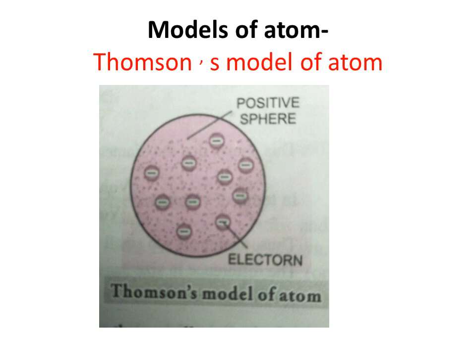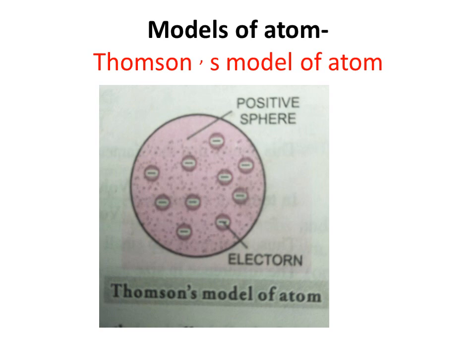Because it contains two types of particles. One is positive sphere and other is electrons. Electrons are embedded in the sea of positive charge, like seeds are embedded in the red part of the watermelon. The stability of the atom was explained as a result of the balance between the repulsive forces between the electrons and their attraction towards the center of the positive sphere.